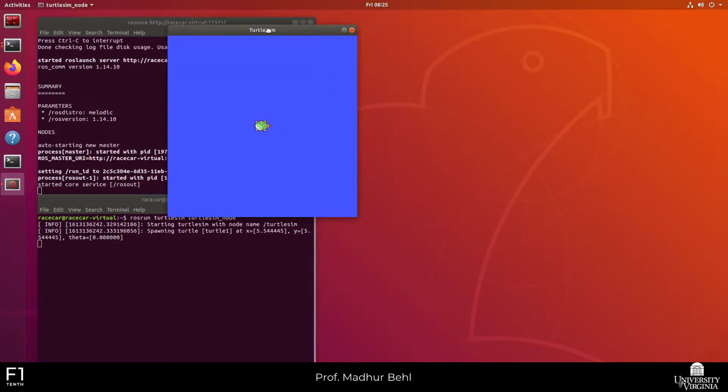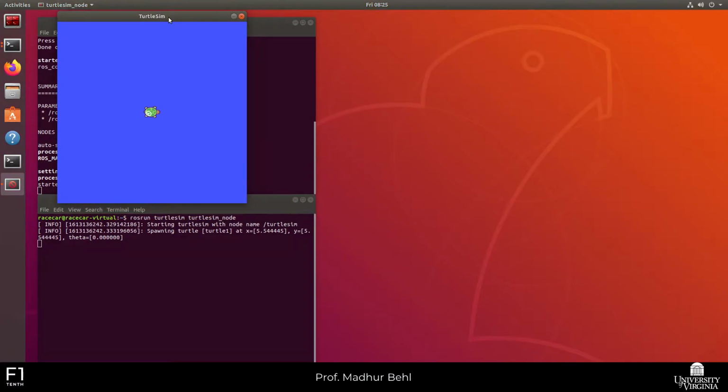So let me move this turtle here and make some space for other nodes that I want. And it's a good idea sometimes to always keep this turtle on top, especially because the ROS node window is just running by itself in the background. So now we have done something, right? We just launched our first node. So let's create another terminal,